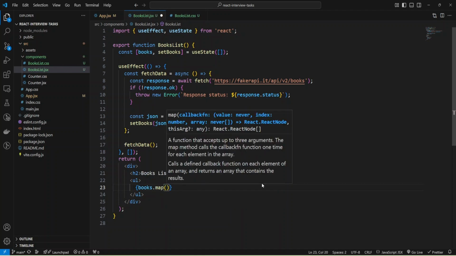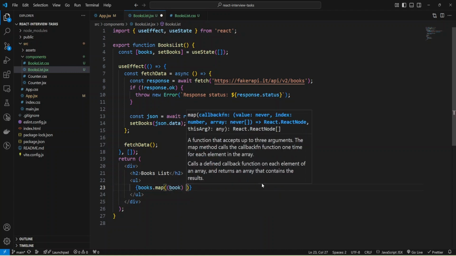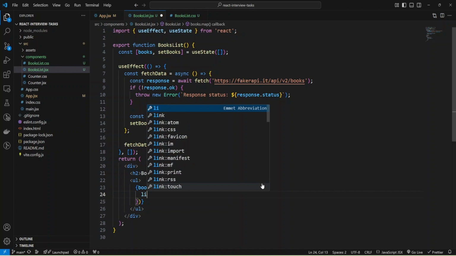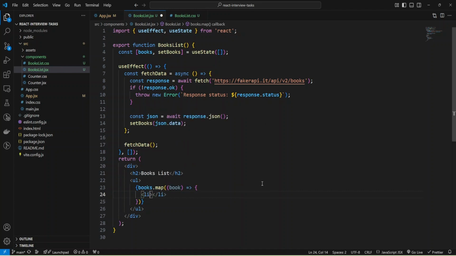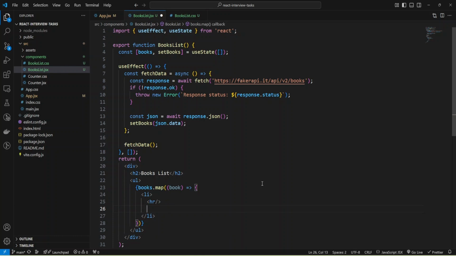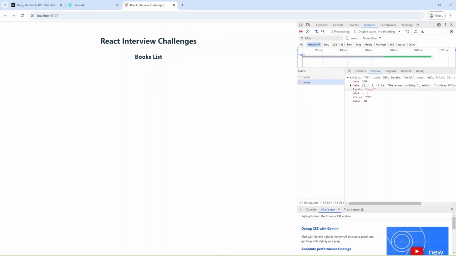And for each book, inside the element, I'm going to provide JSX, and I'll add a list item, and for the list item, I'm going to provide some empty line. Okay, and also let's add an h3 header, and inside the header, let's check the response of what we have inside books.